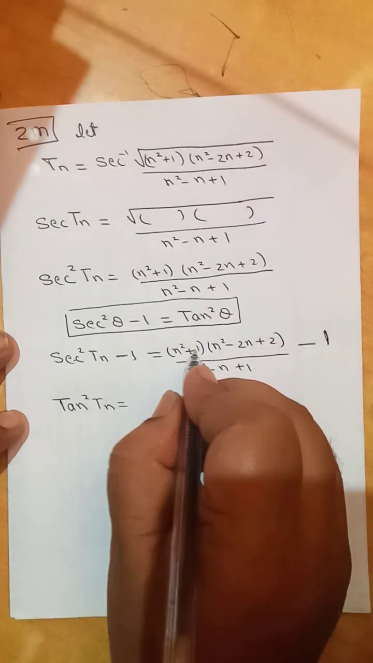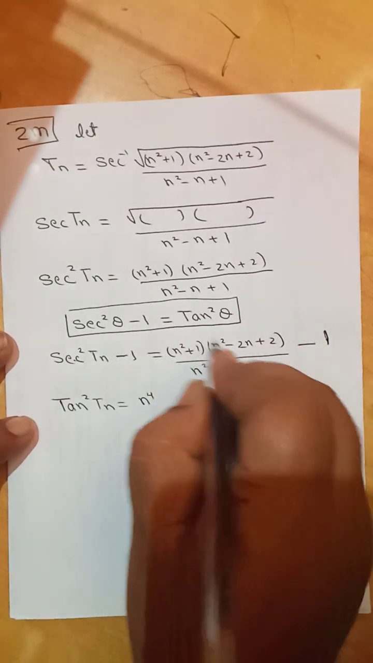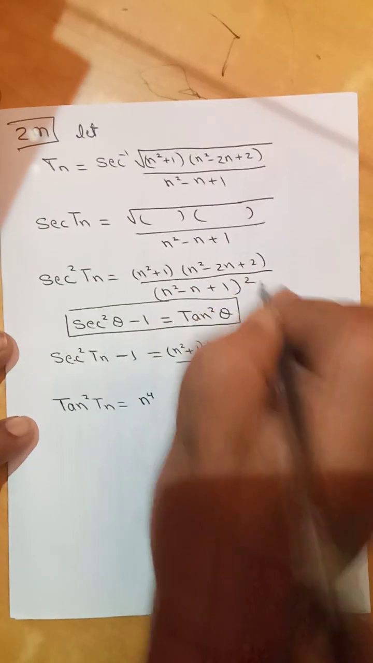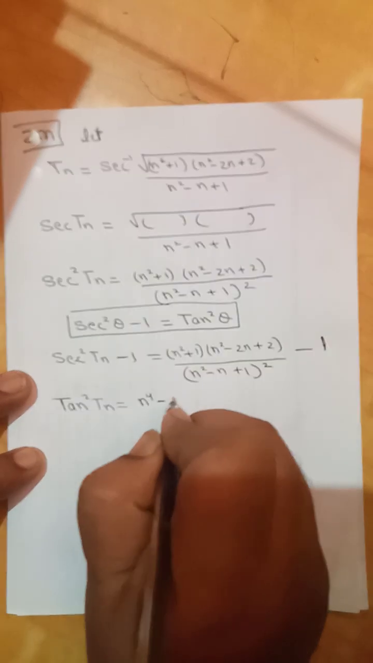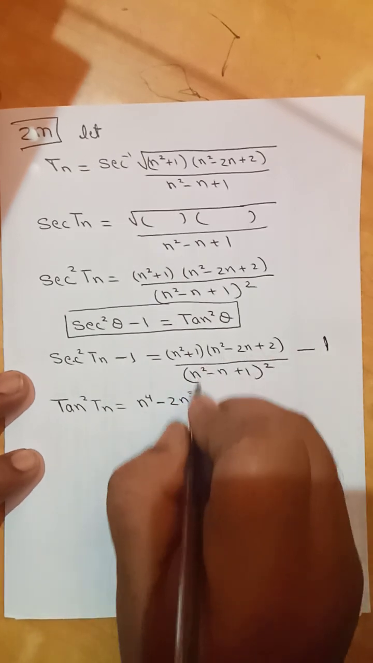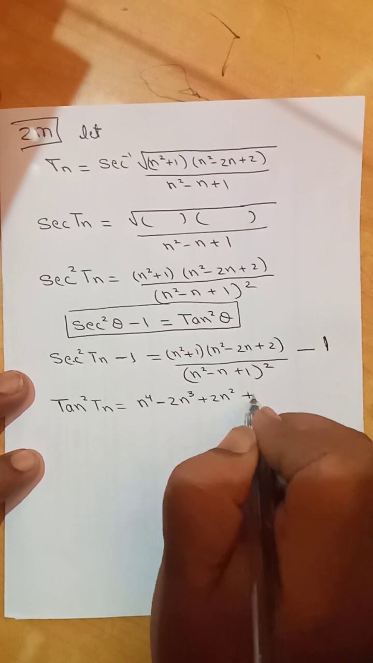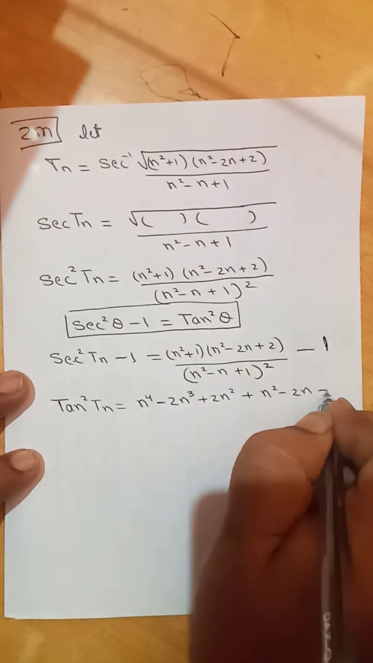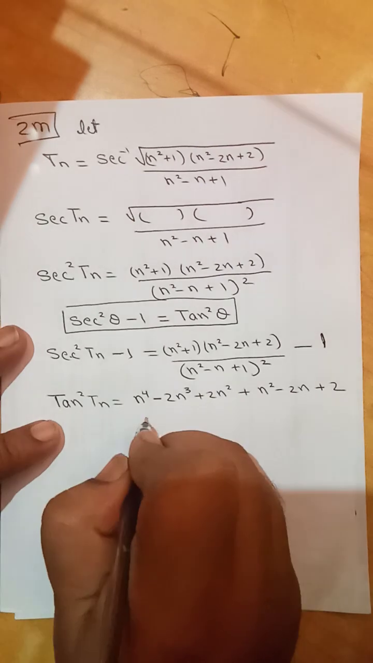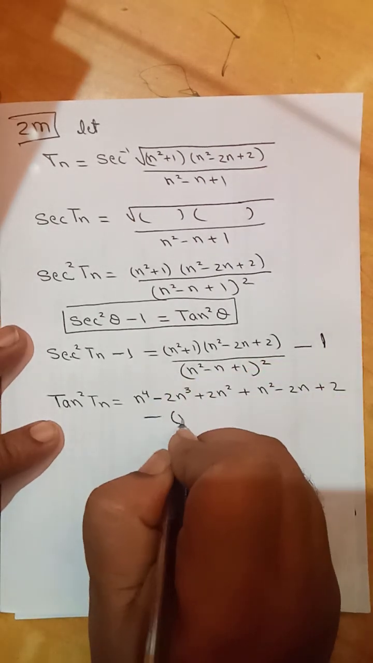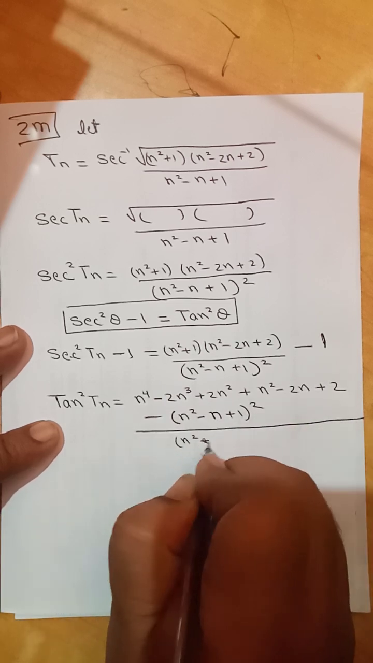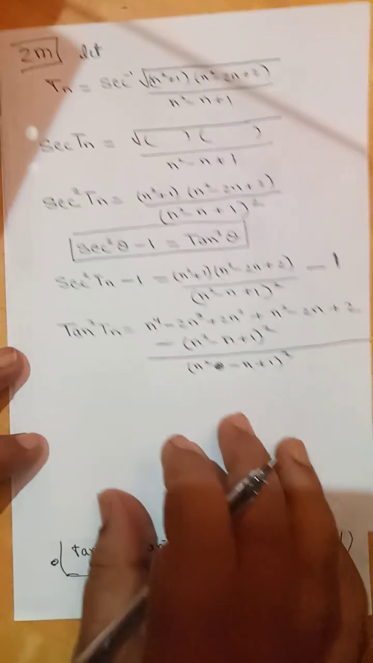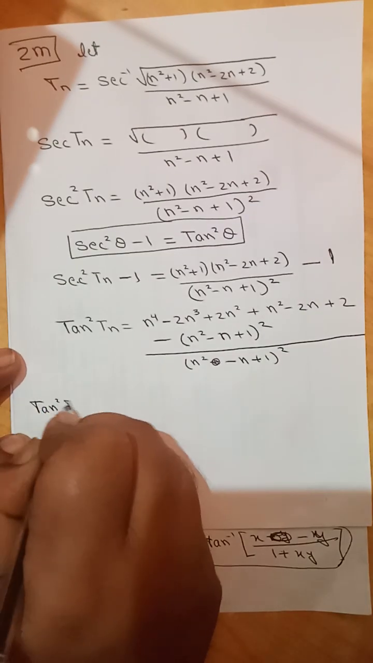Here also I will simplify it. This will be n to the power of 4. Oh, sorry, this will become whole square. N to the power of 4 minus 2n cube. Already we solved it, again I will solve it. Plus 2n square plus n square minus 2n plus 2 minus, here if you multiply this, n square minus n plus 1 whole square, whole divided by n square minus n plus 1 whole square. Okay, tan square of Tn is equal to,